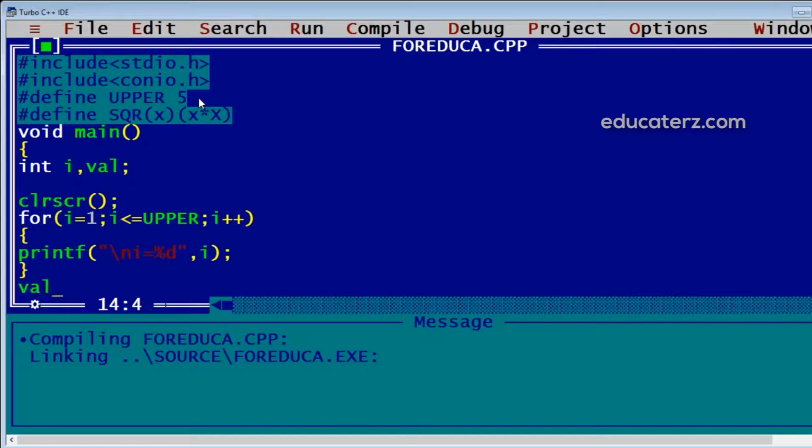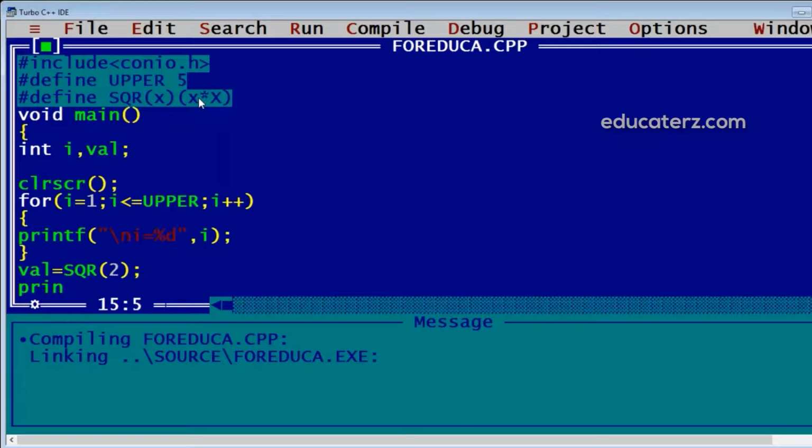Then I have val equal to sqr of, say, 2, and then I'll display this val. Square equal to %d, where I'll display this val.